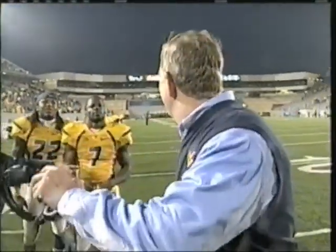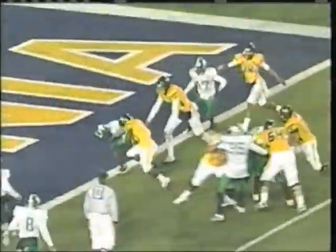Coach, thank you very much. Get in that locker room, get dried off, get warmed up. Oh, this is a great cold. This is a great night to be a Mountaineer, and this is like sunshine down here. We're going to go to break. We'll be talking to some other